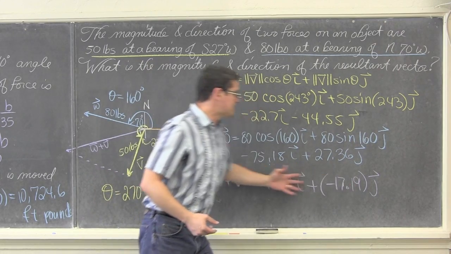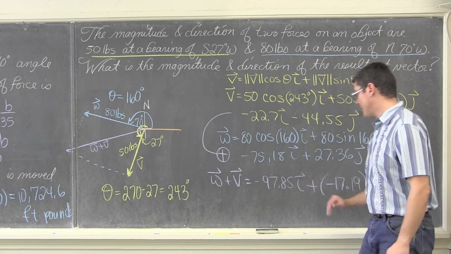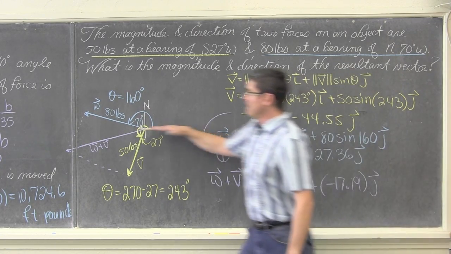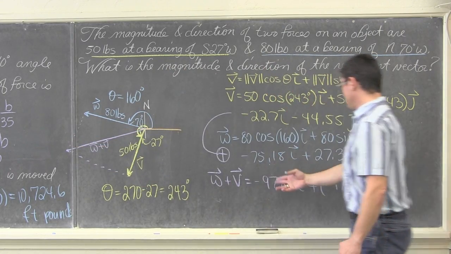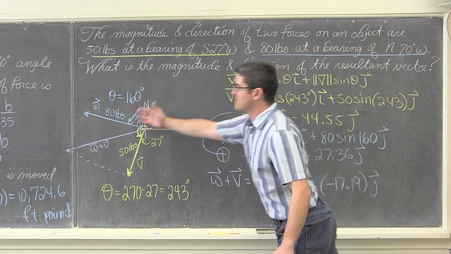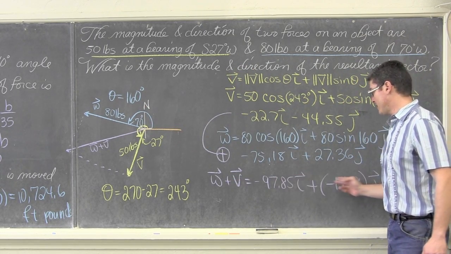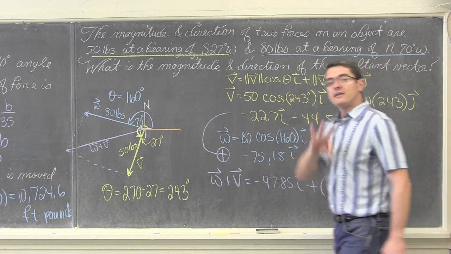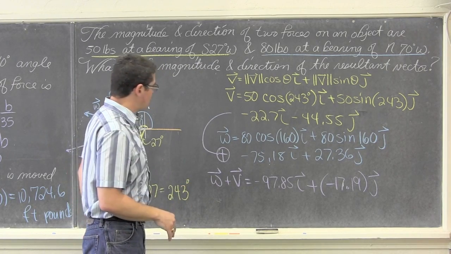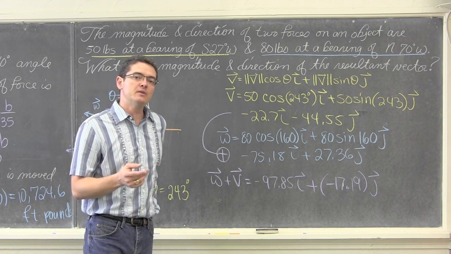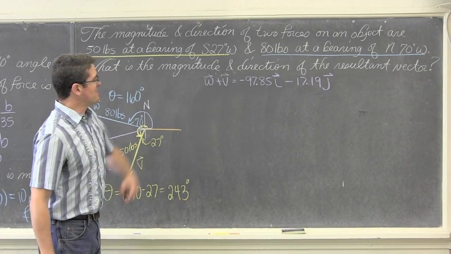And does this at least seem to make sense? Well, if you draw a pretty decent diagram, we have a negative A value and a negative B value, and that appeared to be kind of like my drawing where it was slanting down to the left. Again, using my halfway decent drawn diagram to verify the reasonableness of my numbers, and it's also verifying that with a negative A and negative B, we're in quadrant 3. Okay, let me get this erased and let's move on to trying to find the magnitude and direction of this final vector, but I need more room. So here's our resultant vector.